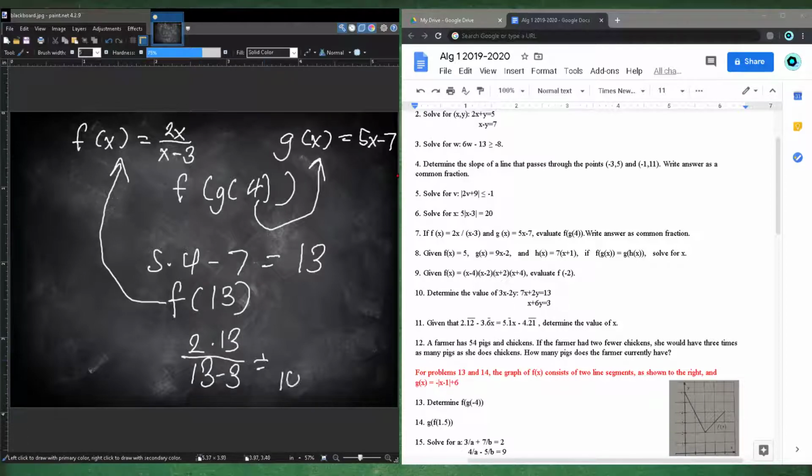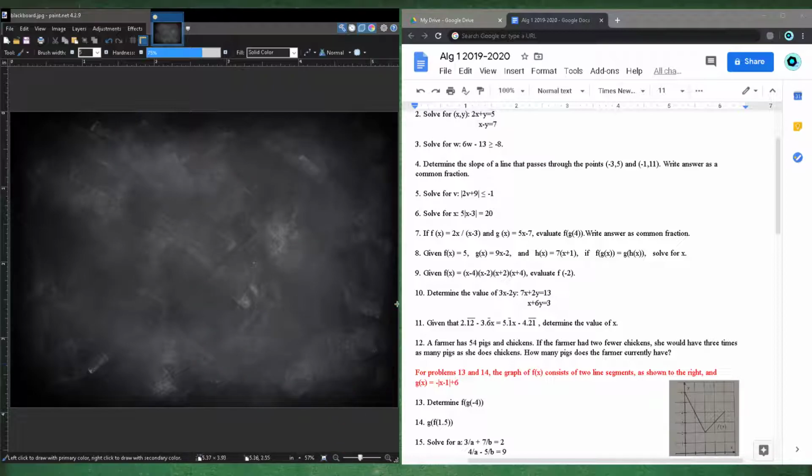So that's going to go into this one, which is 2 times 13, and 13 minus 3. So that is 10 on the bottom, 2 and 13 on top. Cancel out the 2 from top and bottom, and you're left with 13 over 5 as your answer. And that should be the answer for number 7. Okay, number 8. Given f of x is equal to 5 and g of x is